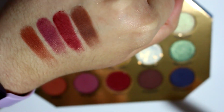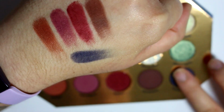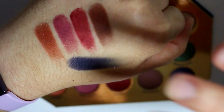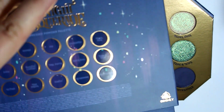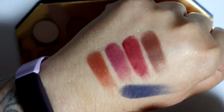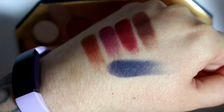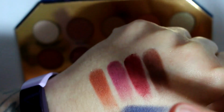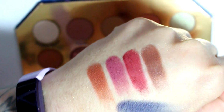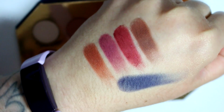And the last one is Merryweather. This is a deep navy blue. This is the only one that I've found kind of needs to be built up. It's kind of the same shade as the packaging itself, this deep blue color. So it does have to be layered a little bit, but it is decent to work with. It's not super patchy, it's just a little bit light. So it can definitely be built up. Look, I'll even put another swatch on here. So it's definitely not a terrible blue, it just needs a couple of layers. So that is the bottom row. That is the whole